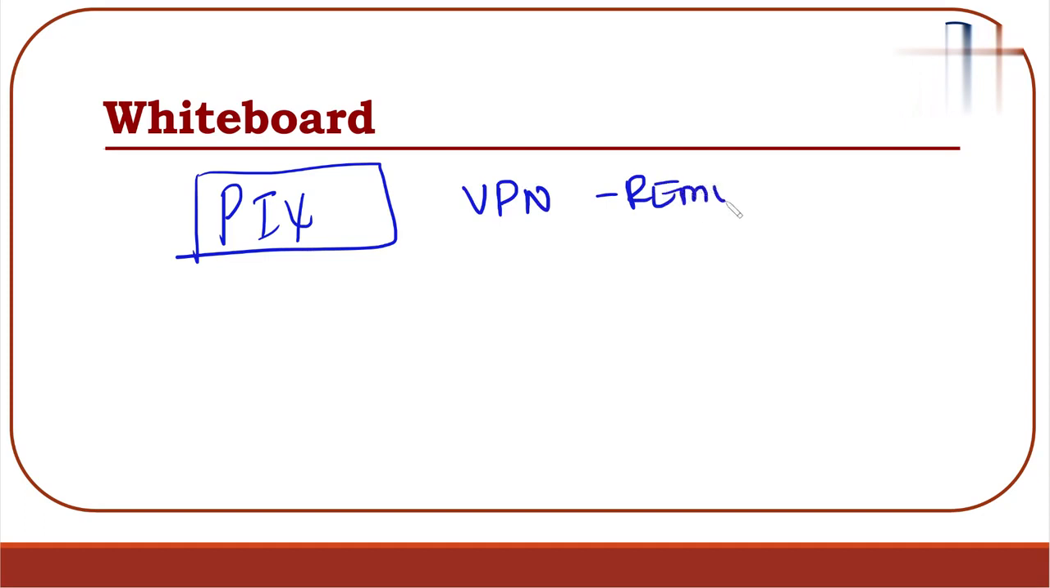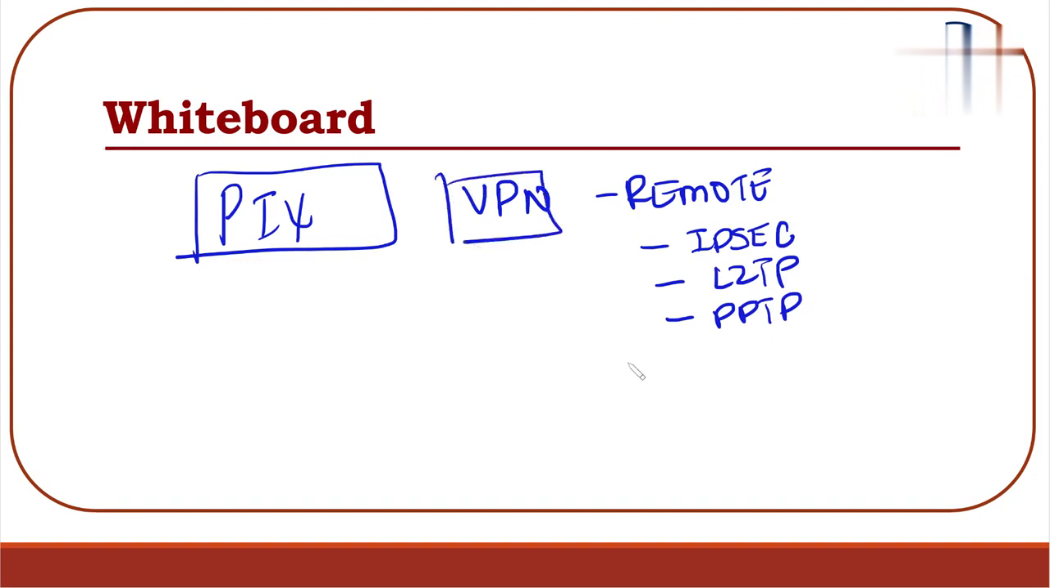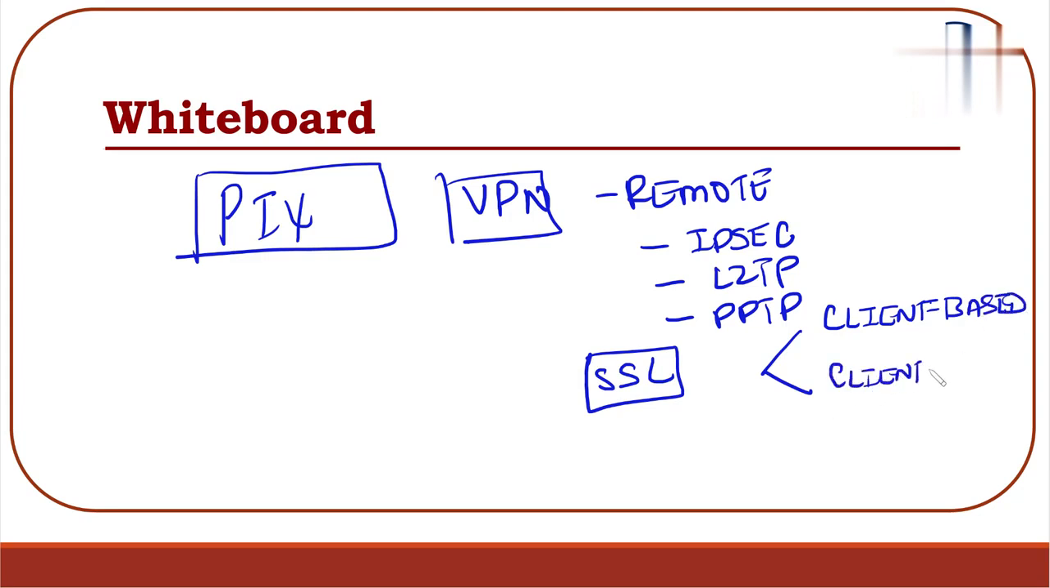They could do remote access VPNs using IPsec, L2TP v3, or L2TP actually in general, and PPTP. The PIX firewall did not have at that time the capability of doing a VPN based on SSL, whether it was client-based or clientless. So Cisco was looking for a product that they could integrate with their firewall device to give an